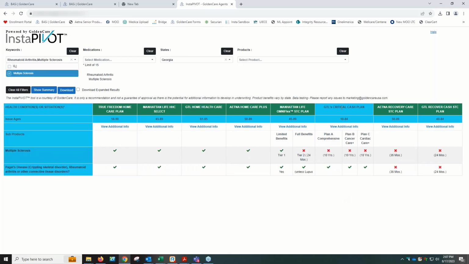Same thing here, you have a little bit more options. Doesn't really matter because we're in Georgia, but it shows which products will cover these conditions, and you can keep adding them in there. Some health conditions have so many different aspects to it. Say, for example, diabetes. See, it mentions diabetes here. If you just start typing in,